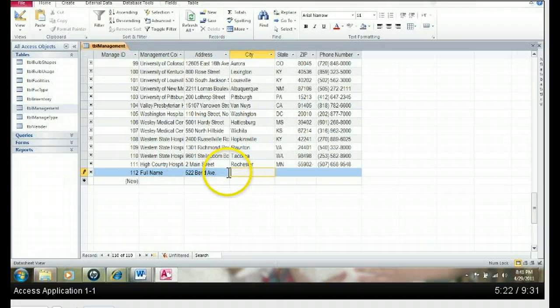One thing I will warn you is it will not like it if you go in and put the phone number in before you put city and state in. It likes to read like a book. So don't skip around when entering data. Okay, so we have now done that.